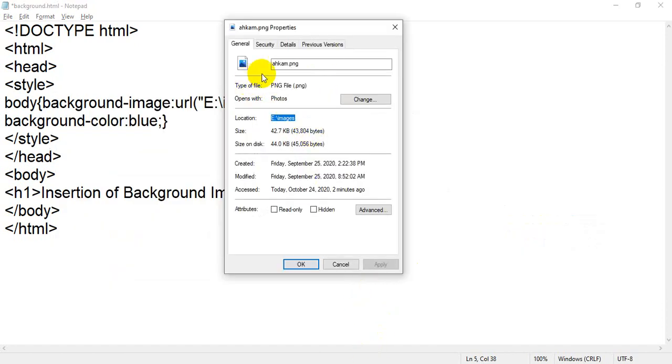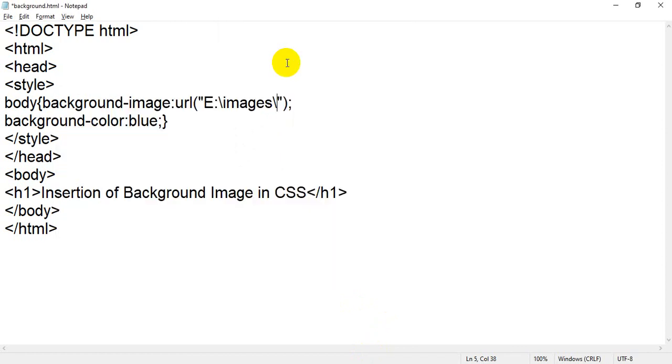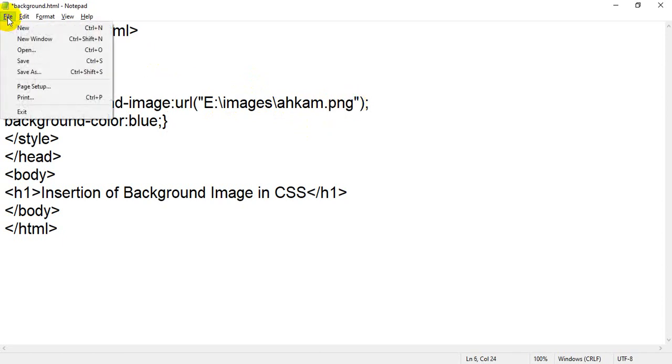Again I will go, and the name of the file will be on top. I will copy it and paste it, the name and type. Now we have the full address. On my E drive I have a folder called images, and in that folder I have a file named acom, whose type is .png. When I click on save,